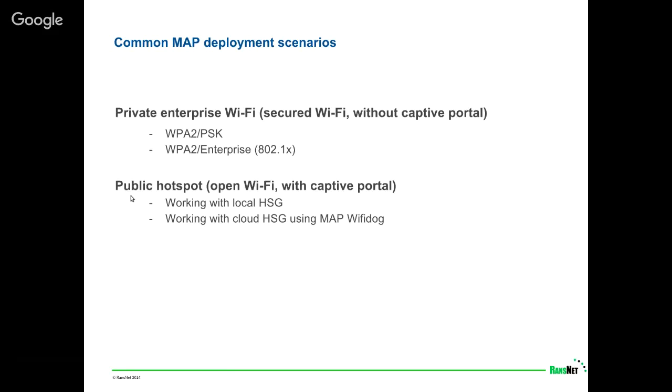Another environment that we typically deploy in is public hotspots. Public hotspots are places like shopping malls, cafes, F&Bs, tourism places, or airports where the Wi-Fi is open. You can straight away associate to the Wi-Fi, and the authentication is done by the captive portal. That means you will typically be required to log into a captive portal, and upon entering the correct credential, you will